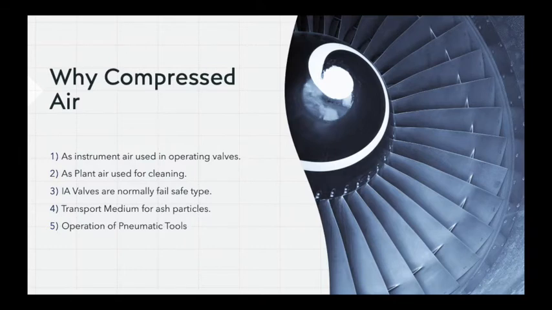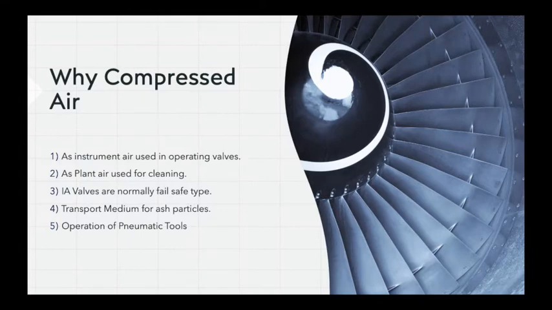Now why do we need instrument air valves in a power plant? The instrument air valves in a power plant serve three purposes. First of all, they are fast. Second, they are precise. Third, with instrument air valves we can put a fail-safe mechanism in place, meaning in the absence of air or in the absence of electric motor supply, if I want a certain fail-safe condition to be placed, then with these kinds of valves I can put a fail-safe condition in place.